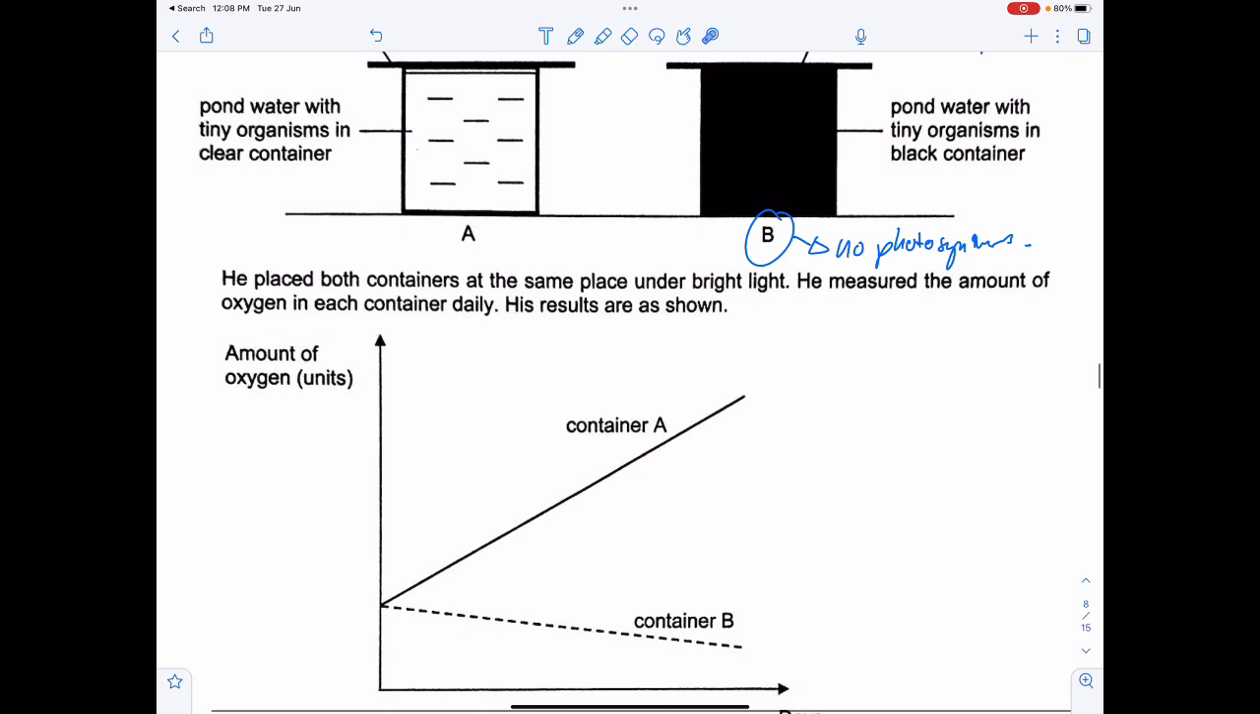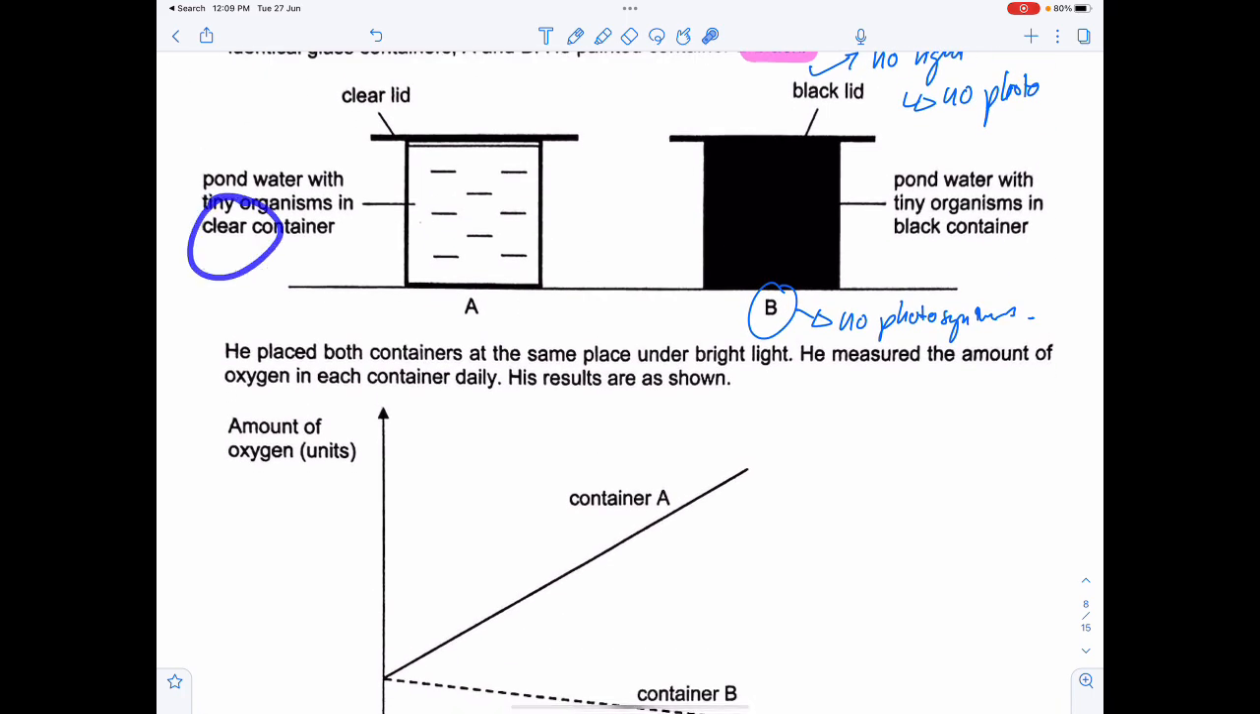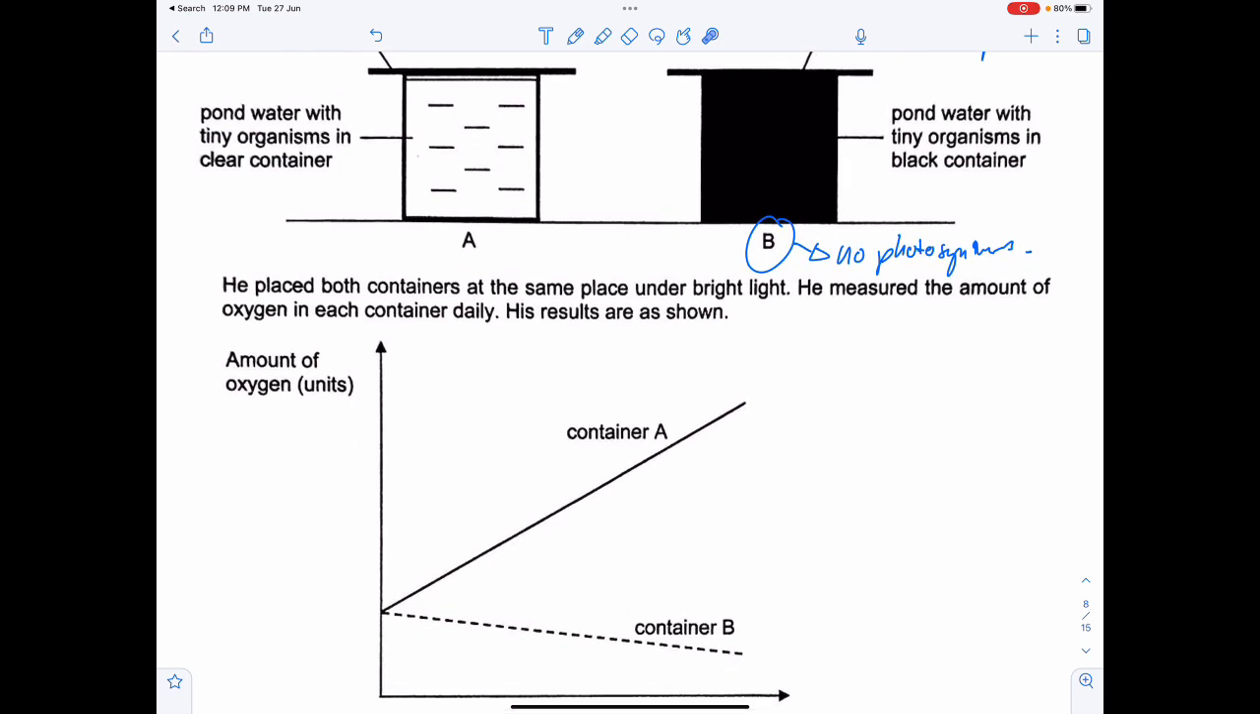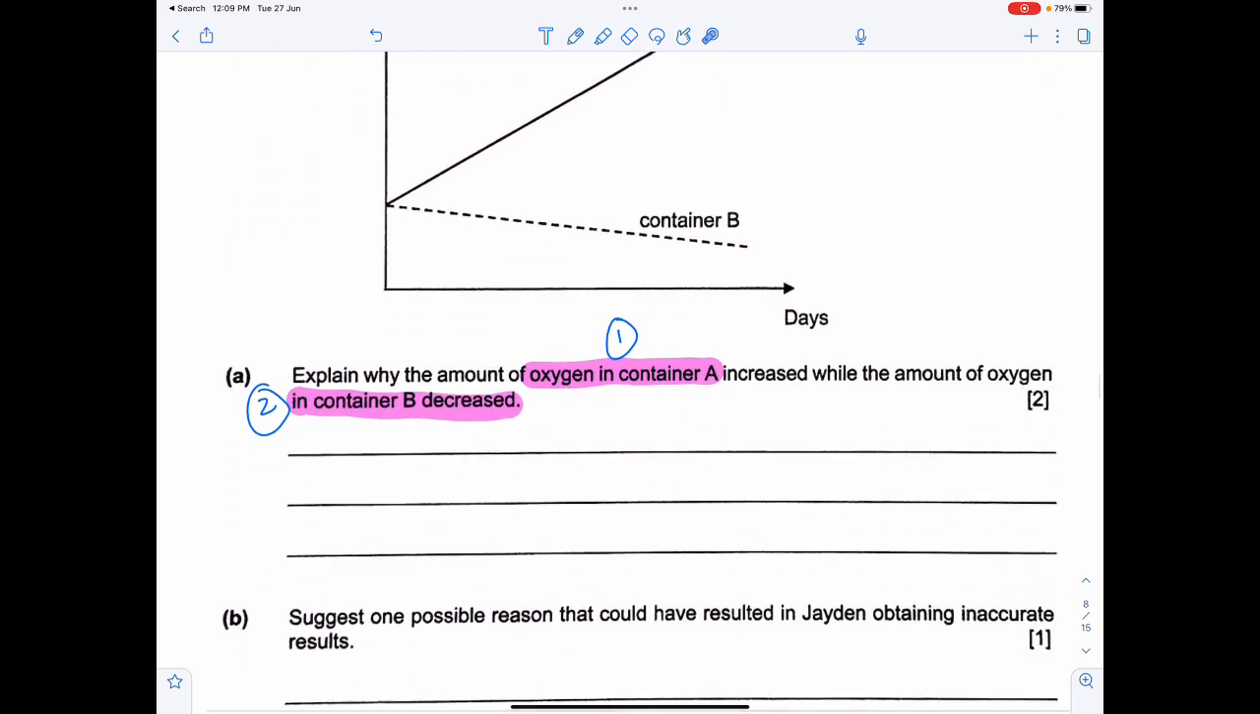As opposed to A, where it's a clear container, the organism will be able to receive light. So photosynthesis can occur, it will produce oxygen and the amount will go up. So therefore, it is very important that you actually realize this. Now,